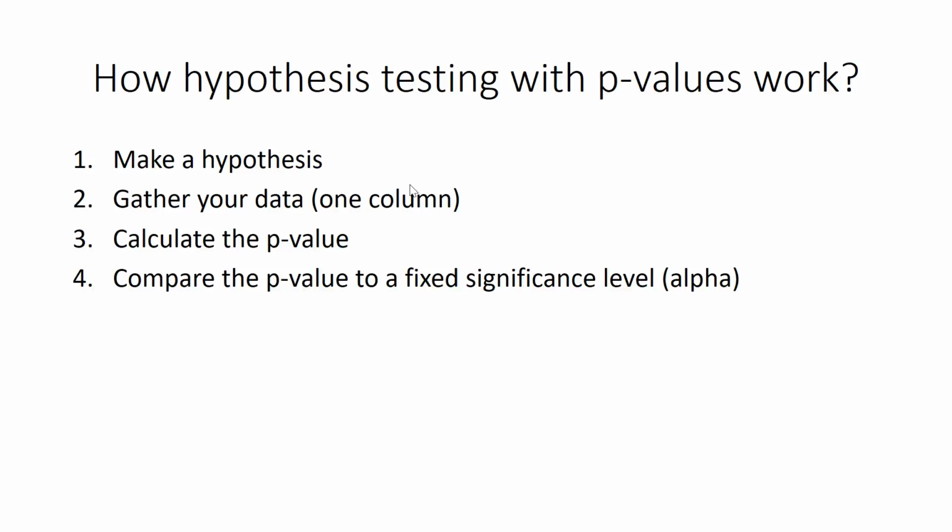So again, alpha, which is our significance level, is just 1 minus our confidence level. And then you reject or fail to reject your null hypothesis based on that comparison. So again, if your p-value is greater than your significance level, then you fail to reject your null hypothesis. You don't have enough evidence to reject it. And if your p-value is very small, if it's below alpha, then you reject your null hypothesis. So let's go through this